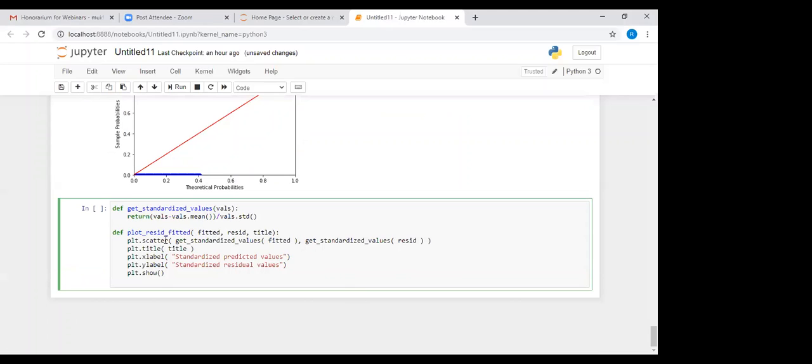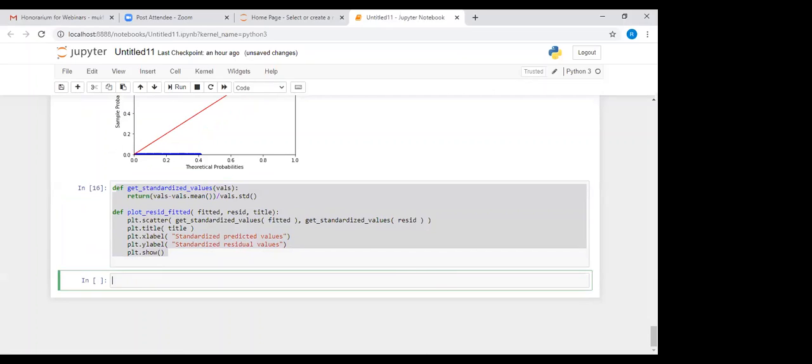On the x-axis you will be plotting the standardized predicted value and on the y-axis you will be plotting the standardized residual value. This is also a function, just use this function and plot.